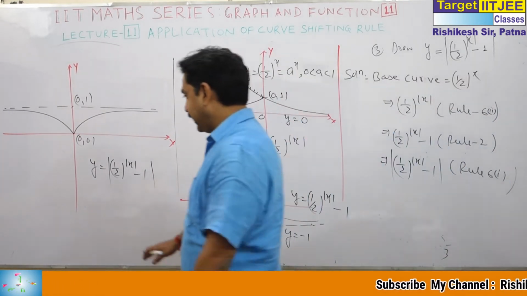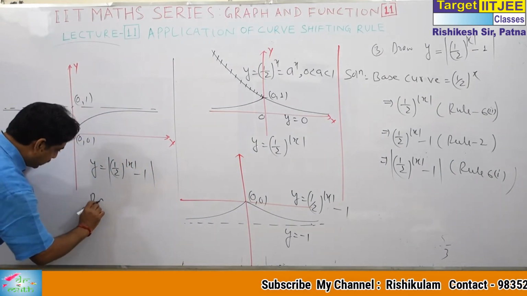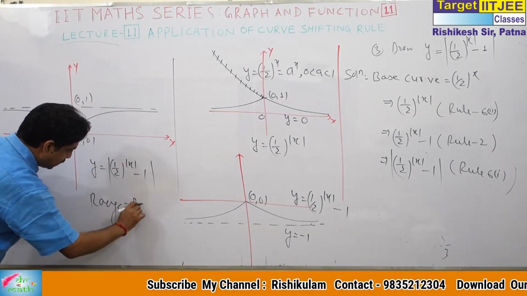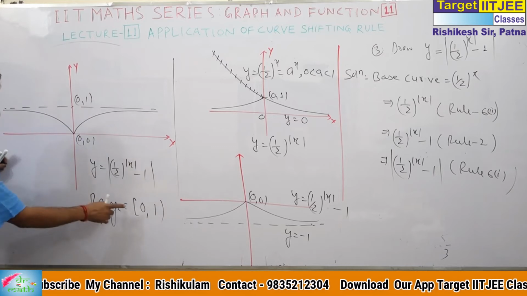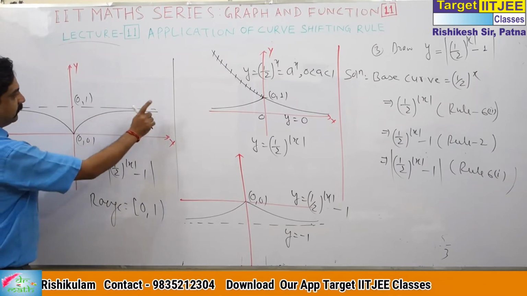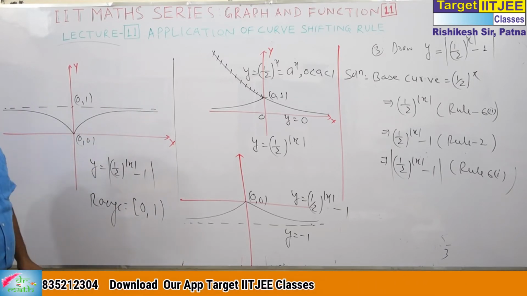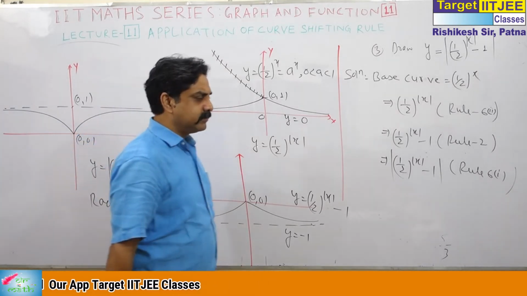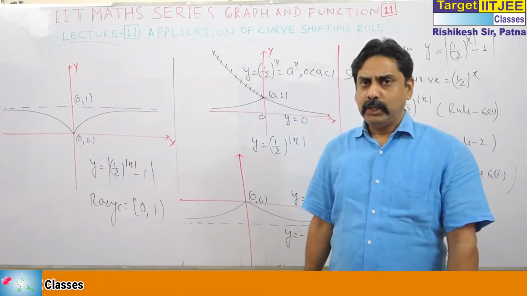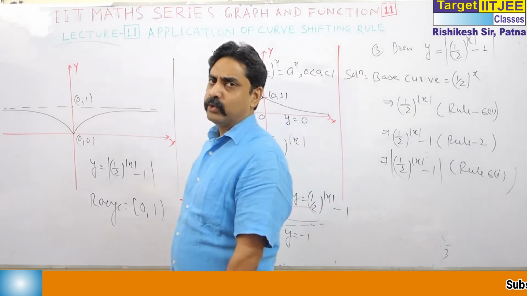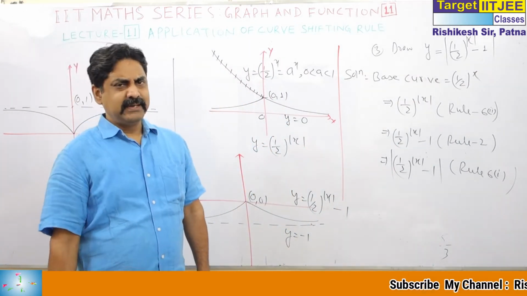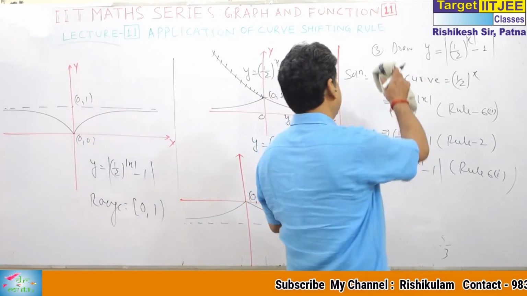If you go for range, you can see its range starts from 0. Closed interval, we can take 0. It goes up to 1, we cannot take 1. This is the graph. Now let me come to one more graph. This is the rule. You will find that I am not doing too much about rule 3 and 4. These are not so important.